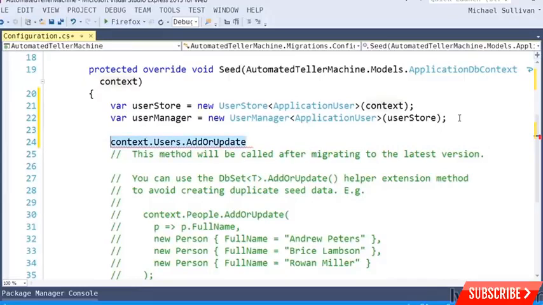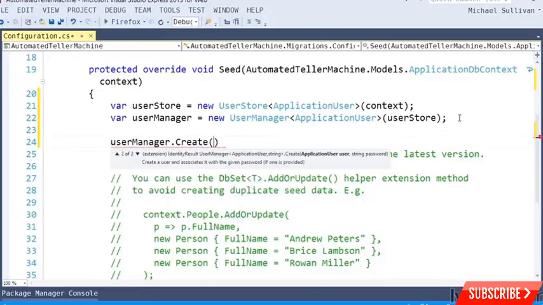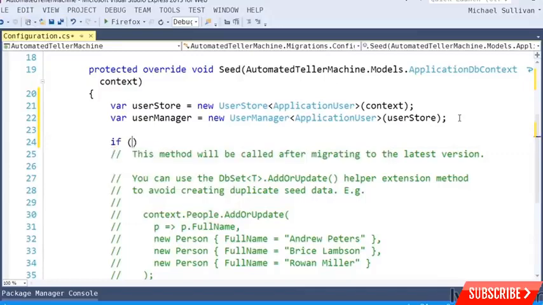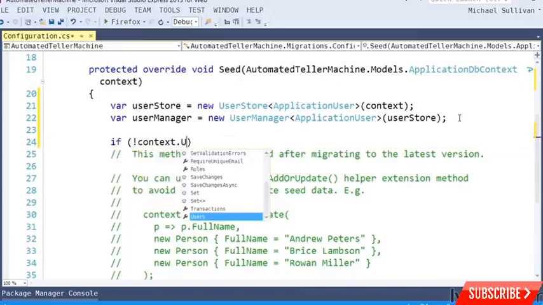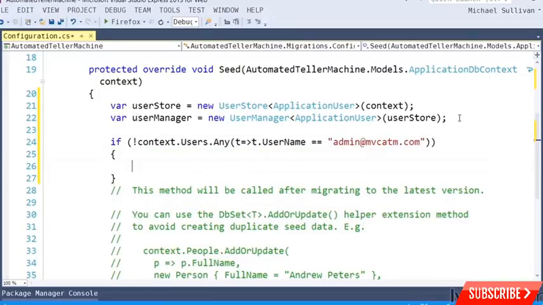Or, if we just wanted to use the usermanager.create method, which can take a plain text password, we might want to test for an existing user first using the any method of the DB set. So we could say, if not context.users.any, and then pass a lambda expression to tell it to test for an existing user by username, and we'll tell it to test for an existing user with the username admin@mvcatm.com. If there isn't a user with that username, we can go ahead and declare a new user,